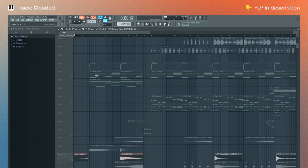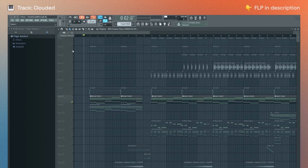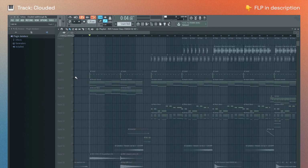And how I did that was I got this main chord, turned off the side chain and everything else, and then reversed it and placed it there. Yeah, sounds pretty cool. So yeah, in the build-up, there's the block. Like I said, it runs throughout the track. There's the lead,